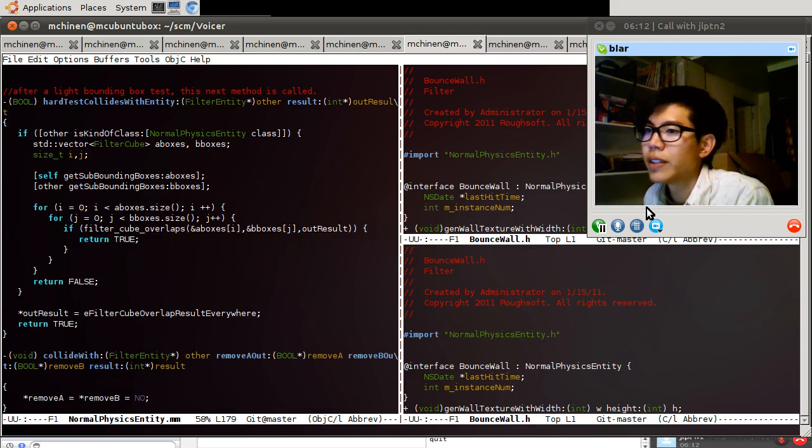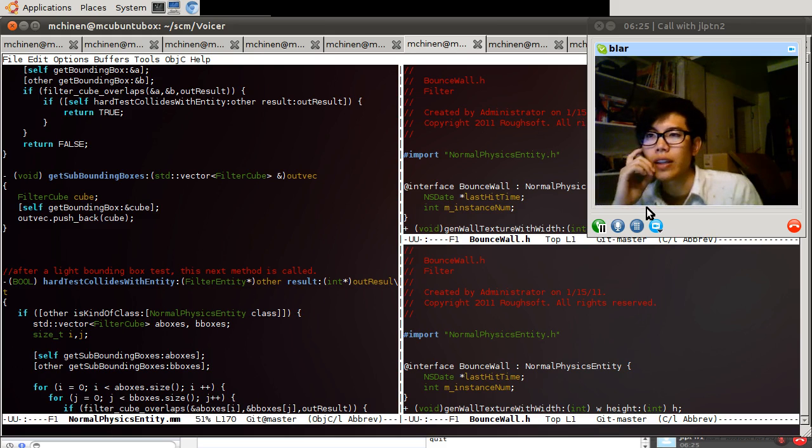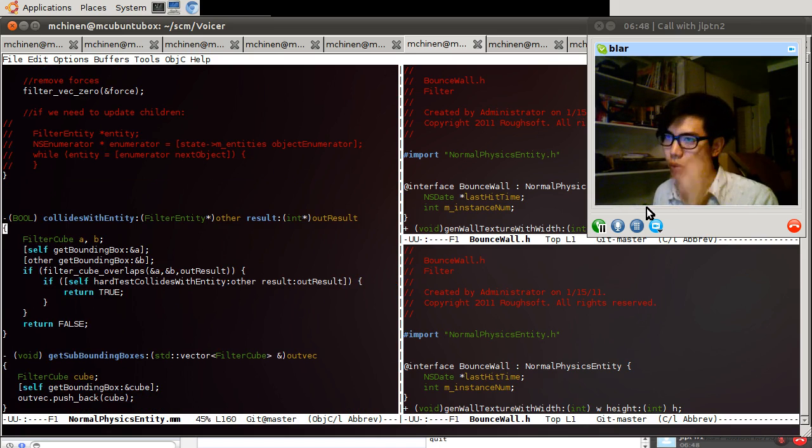So here's what I did yesterday. I realized the belt itself is a non-moving entity, which means that its hard test collides with entity, which we implemented to try to get the collision to work, won't be called. It's only the moving object, so the voice object, that will get its hard test collides with entity called. But now the problem is